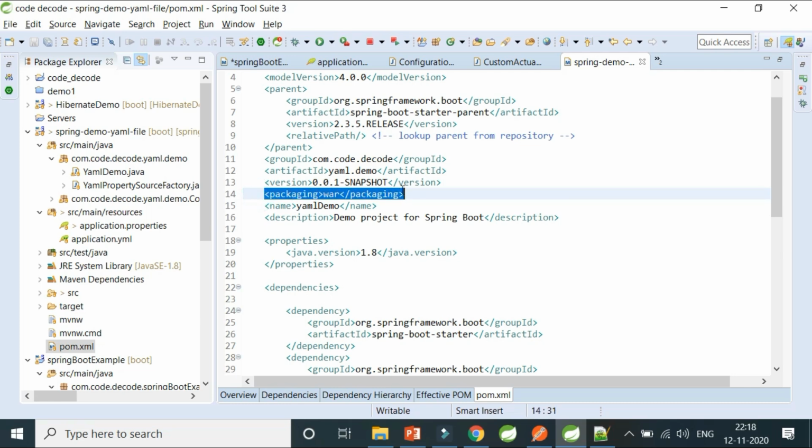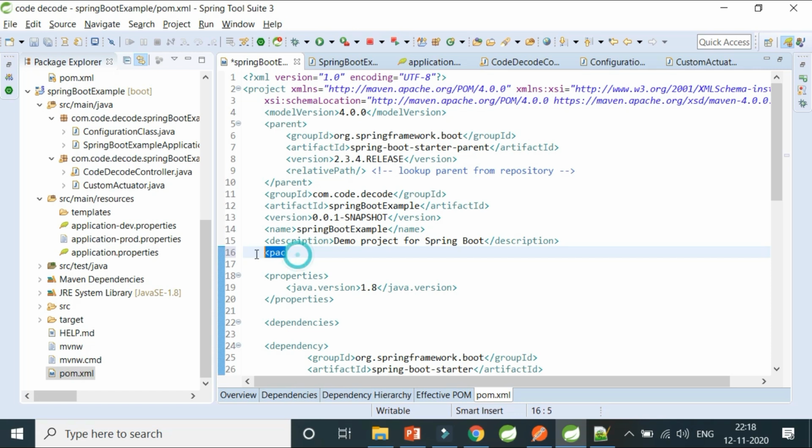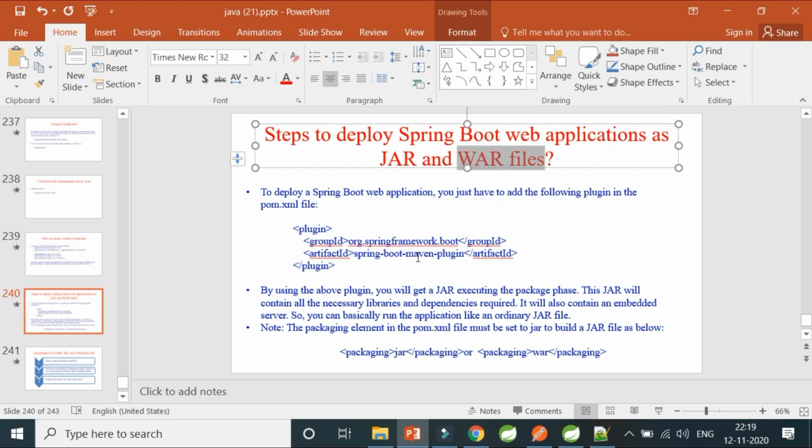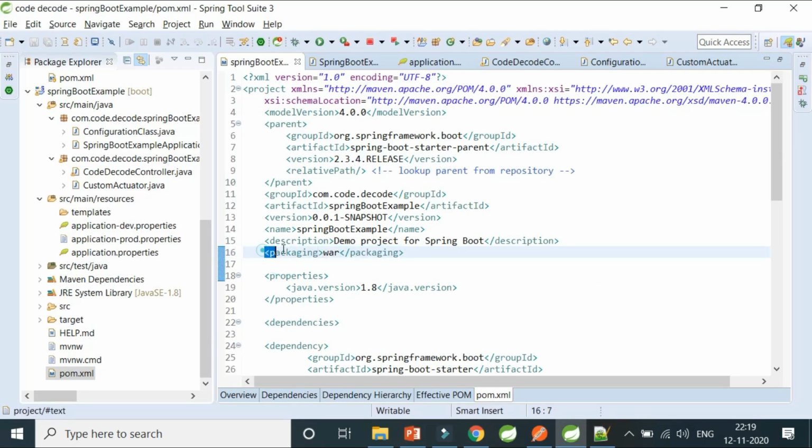Okay. So if you can see, this is a packaging tag that you can use. This is how you can say how your application should be packaged. It should be packaged as war or jar using a tag in pom.xml. But for this to work, you definitely need one plugin.